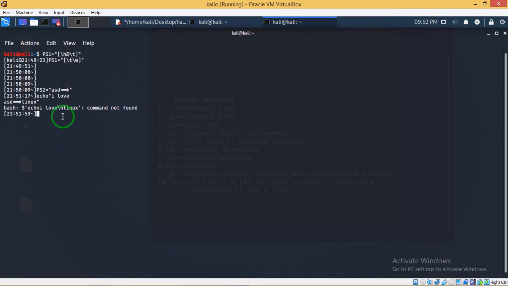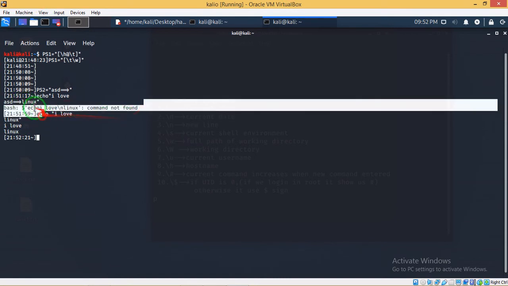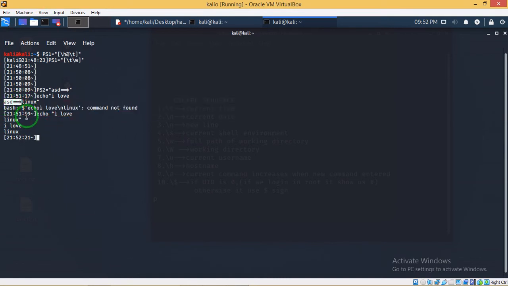Command not found. Okay, I think there is some error. Echo, I didn't give a space, so it showed me an error. See, it's giving an error because I did not give a space. This is what happened, and now we're giving a path. See, every time we have to do that. If it gets any error, it will go off and you can't get the ASD prompt. So every time it will keep changing and moving back to the original prompt. This is what happens.